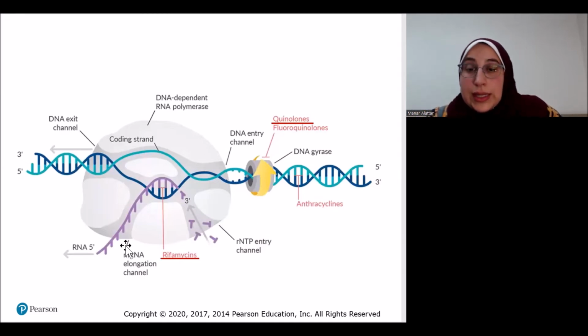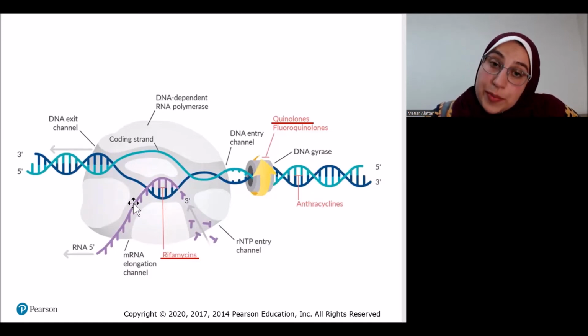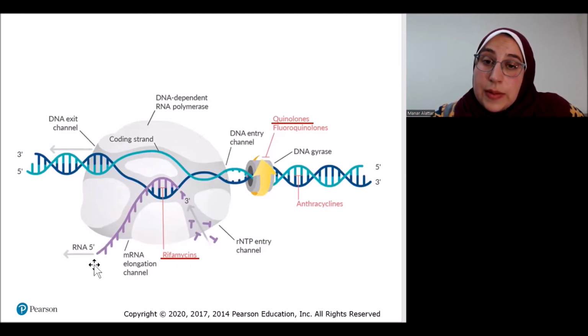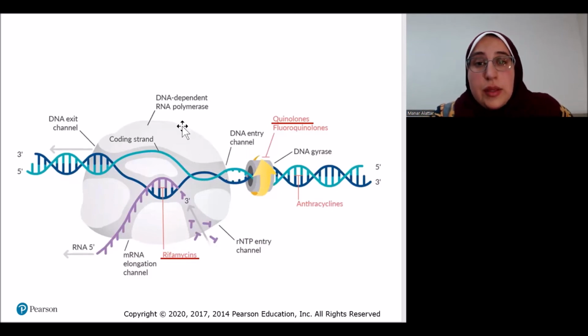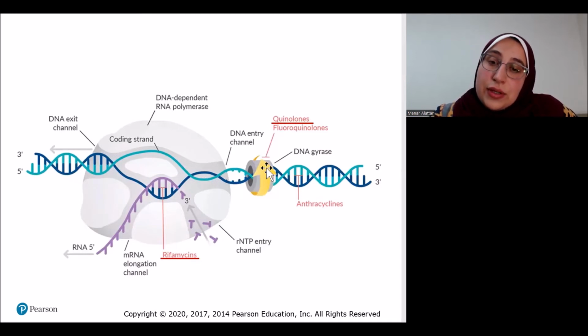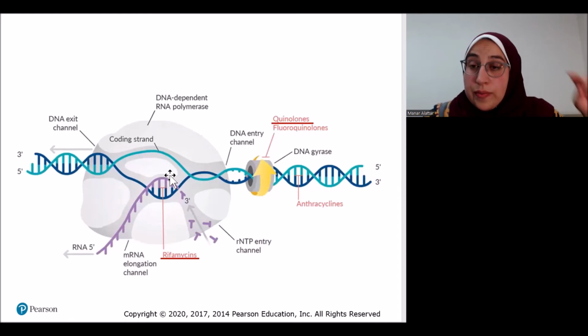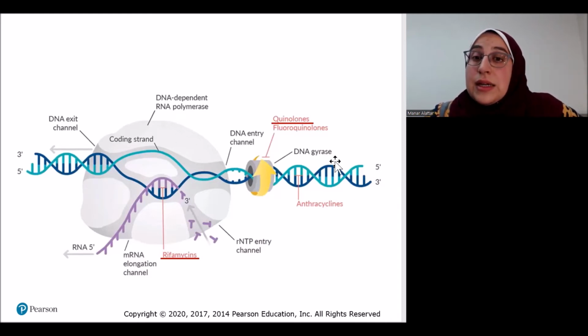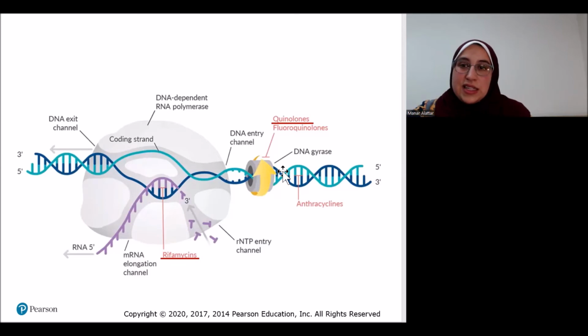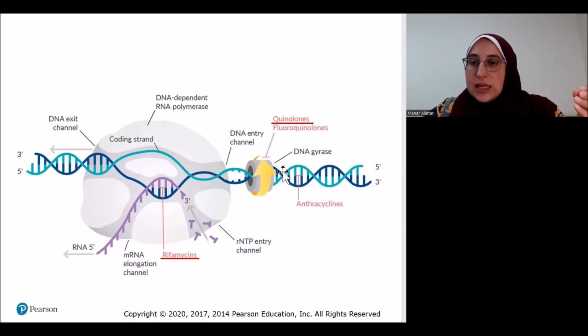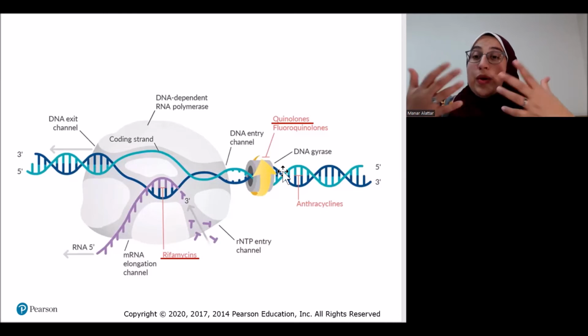What you're looking at here is actually transcription. You can see that here we have the DNA molecule, and then the copy of RNA is being made here. You have your RNA polymerase here, and then you have your gyrase molecule here. If we remember from our discussion of replication and transcription, both processes in bacteria need DNA gyrase. And what that is, whenever you're unwinding the DNA so that you can make copies of it or replicate it,